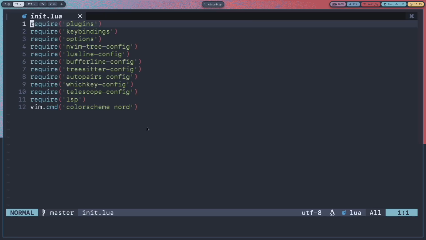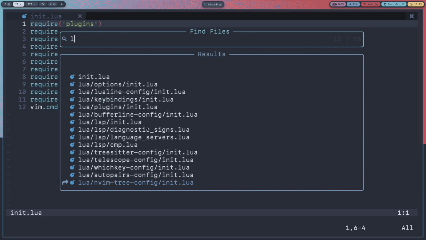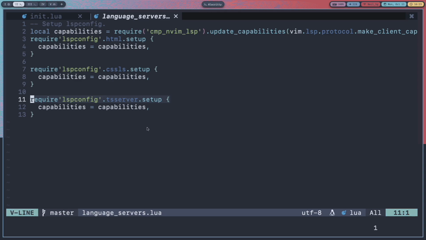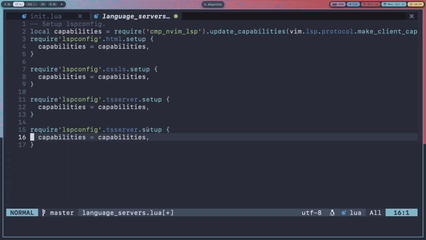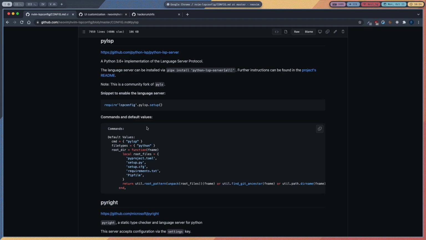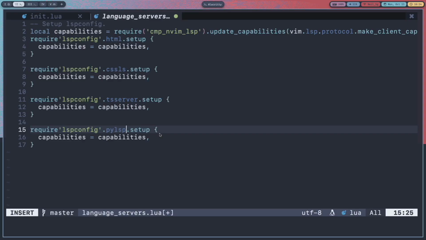So I'll just open my language servers file, copy this, and then paste it here, and instead of tsserver I'll make it pylsp.